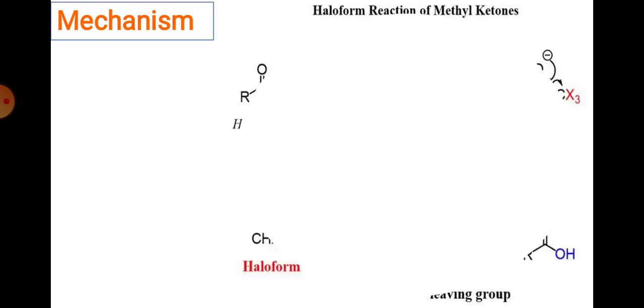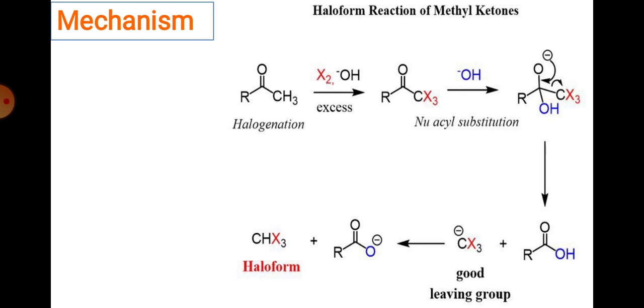The mechanism is very simple. Again we have an excess of base, and we are adding X2 and base; the hydrogens are replaced one by one. Up to the first three steps OH acts as a base: hydrogen is removed and X is added. In this way, up to the third step you get the same product, but in the last step the CX3 group is a good leaving group, so in the last step OH acts as a nucleophile, not as a base, and in this way you get the haloform. So this reaction is only shown by methyl ketones and secondary alcohols.